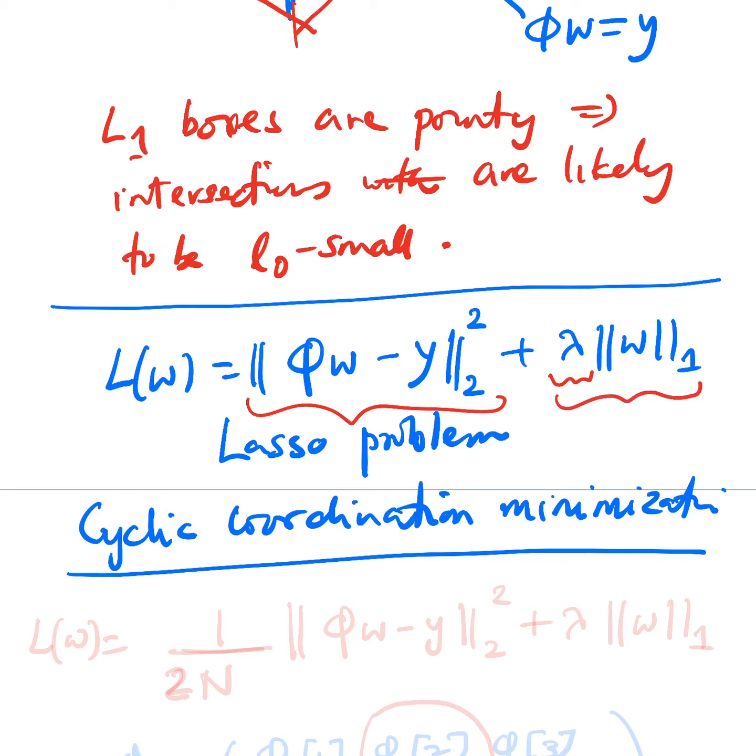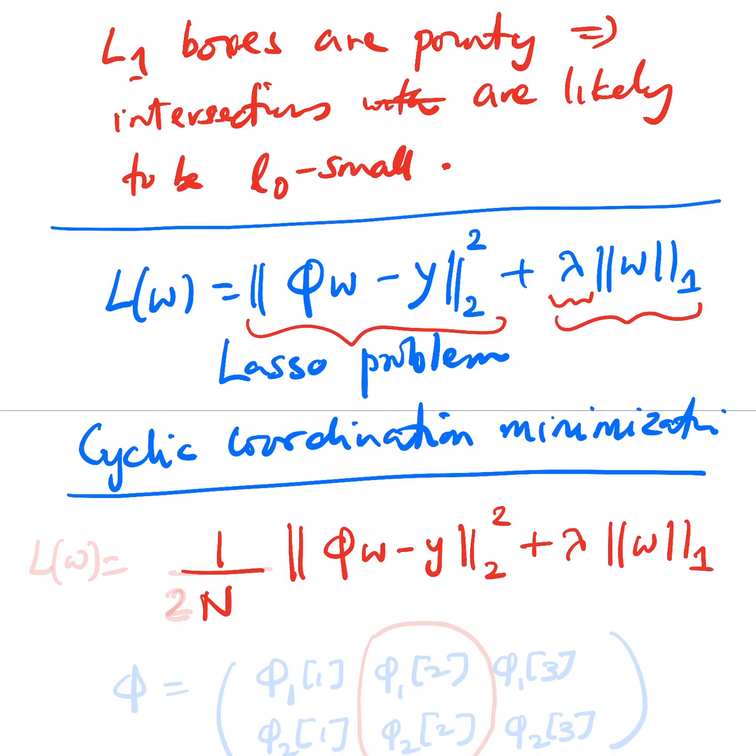Remember that this term does not scale with the number of examples. So in order to make sure that I can throw more examples at the problem without needing to change lambda too much, I should really normalize that first term. So I'm going to do that: 1 over n, norm of phi w minus y, L2 norm squared, plus lambda times the L1 norm. Hopefully with this change, I won't have to keep adapting lambda a huge amount as I change the number of